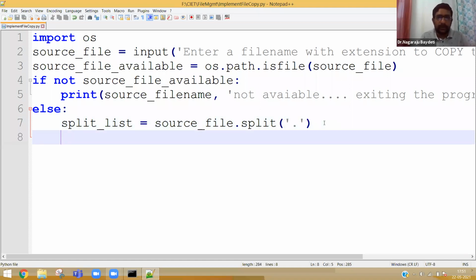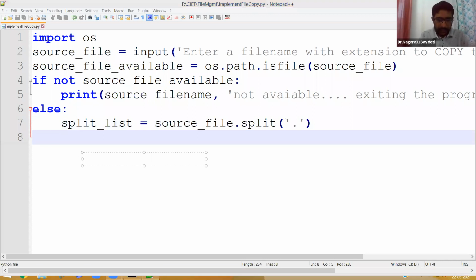So what I mean to explain is, before writing the code, everybody please understand. In case if source file is, for example, sample.py. Imagine source file is sample.py. Now source file dot split dot, okay, what it will do?